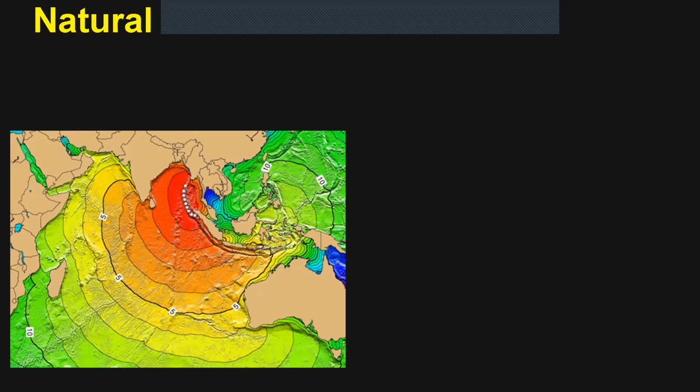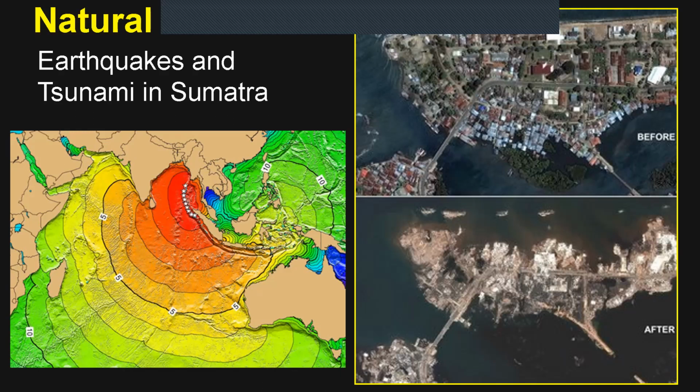Now, of course, this can also create things like tsunamis with earthquakes, especially. So this was off the coast of Sumatra. An earthquake hit off the coast and it displaced water and sent tsunami waves across the Indian Ocean. And on this map, it's a little hard to tell on the bottom, on the left-hand side. The darker color is the intensity of the tsunami.